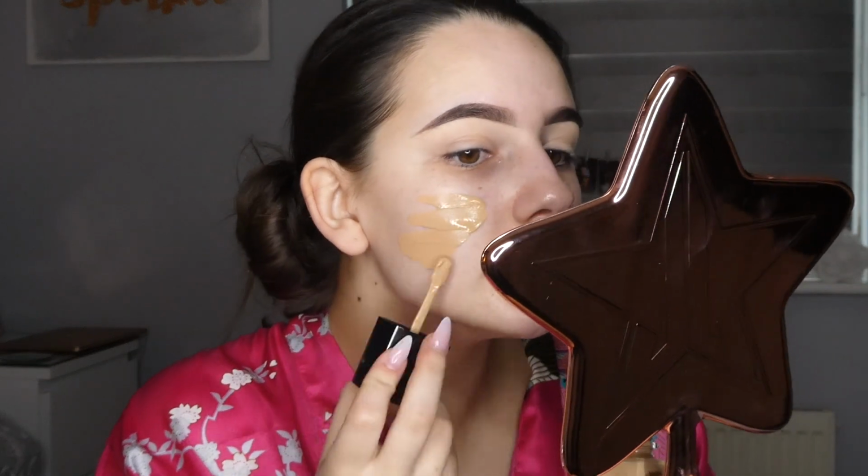So the foundation that I am going to be using today is the Wet n Wild Photo Focus foundation. You've probably seen me use this a few times now. I'm just going to let my cream sink in. So I'm just going to be applying this on my face, and this has a spatula application. And this is in the shade Golden Beige, by the way, which is slightly, I can't speak today guys,